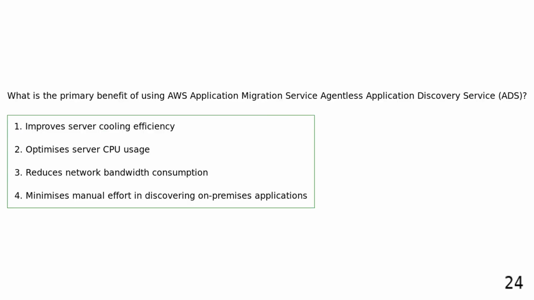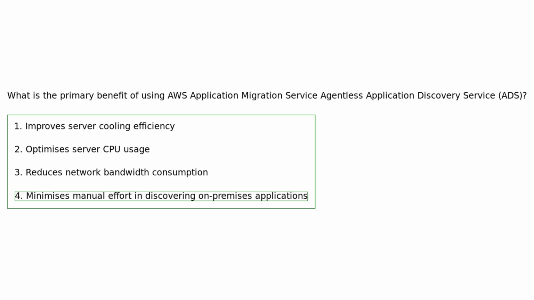What is the primary benefit of using AWS Application Migration Service Agentless Application Discovery Service? Improves server cooling efficiency. Optimizes server CPU usage. Reduces network bandwidth consumption. Minimizes manual effort in discovering on-premises applications. AWS Application Migration Service Agentless Application Discovery Service minimizes manual effort in discovering on-premises applications by automatically scanning server configurations